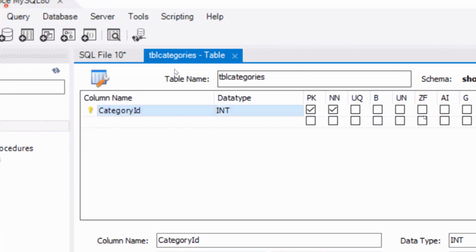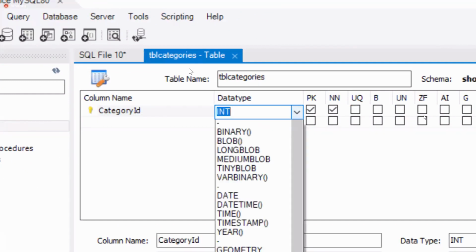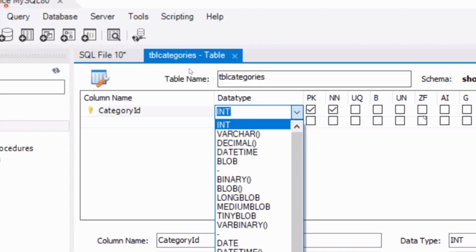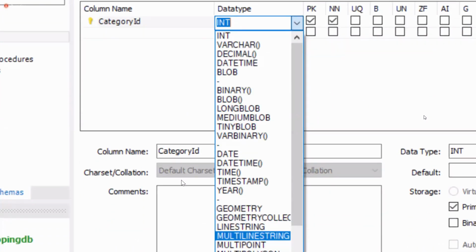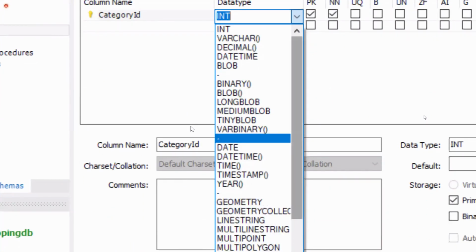What is the data type? Here we have different data types. In SQL, so many data types will be there. For numbers, int. For string, we have varchar. For Boolean, you will have Boolean related options.